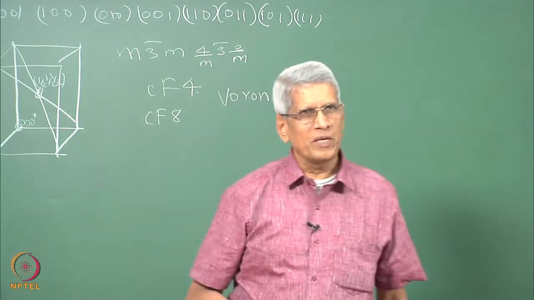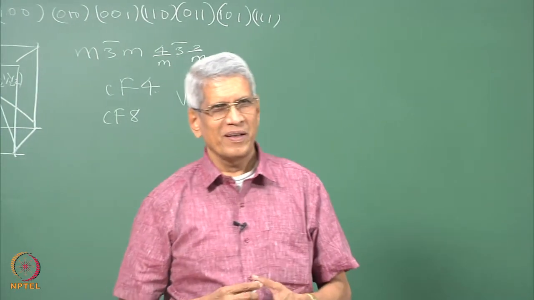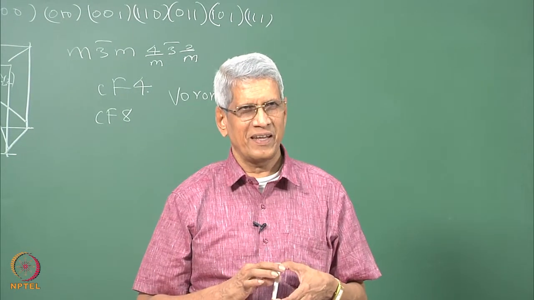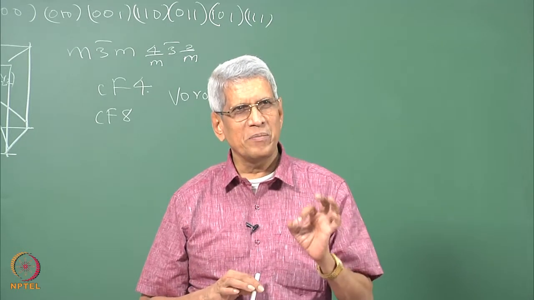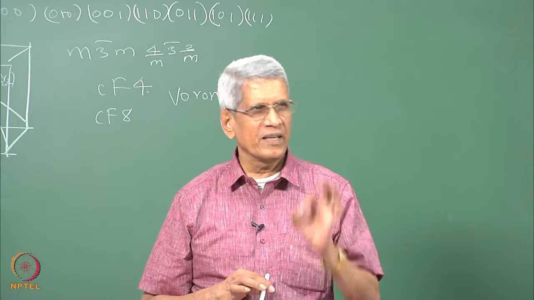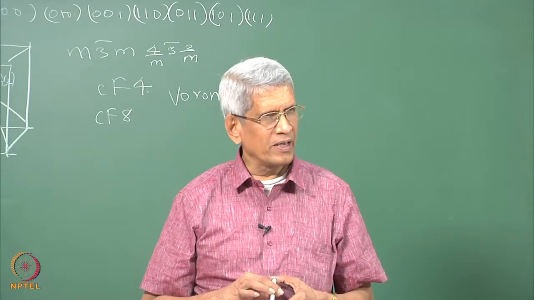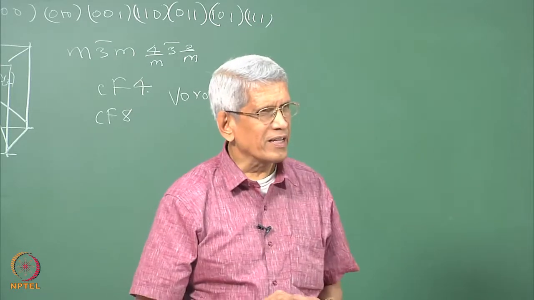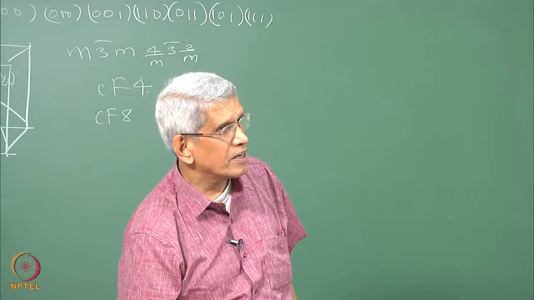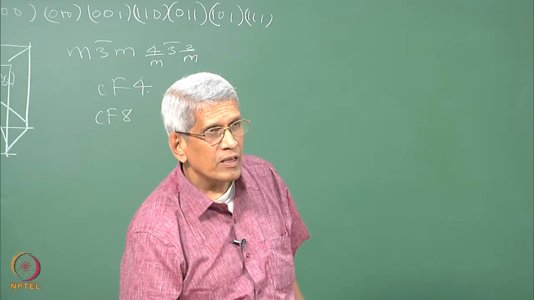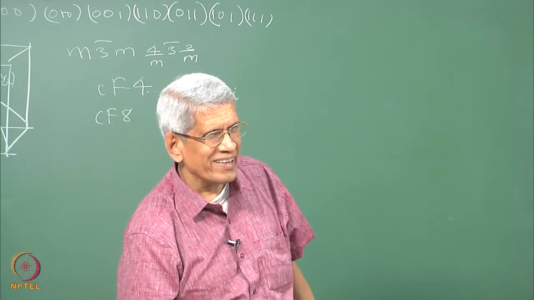This name you will see in many books using this name also. This is all nothing but the Wigner-Seitz cell. This is a primitive cell which exhibits the full symmetry of the lattice. And the construction is explained, how to construct this cell. Is it clear? If you have any doubt, please do clarify.